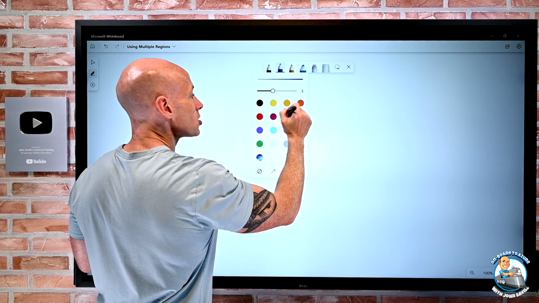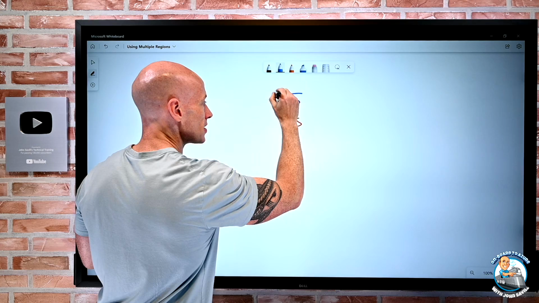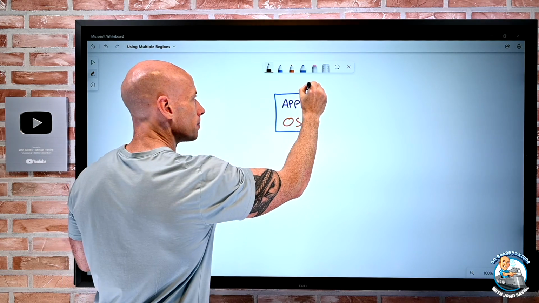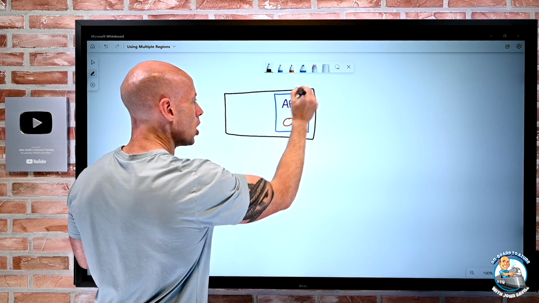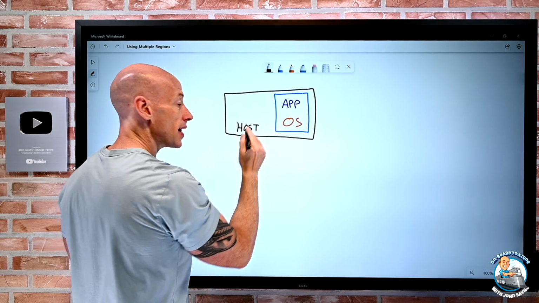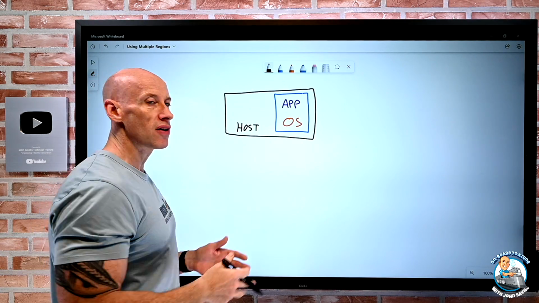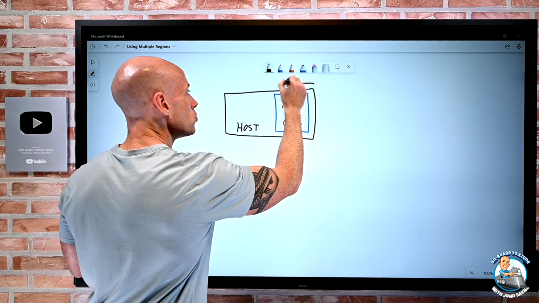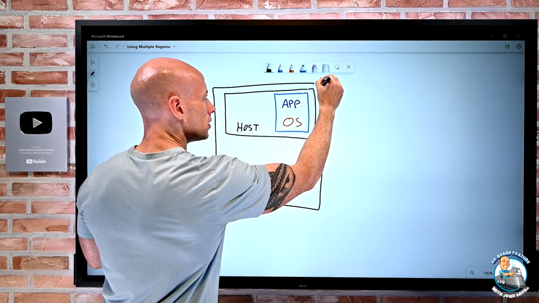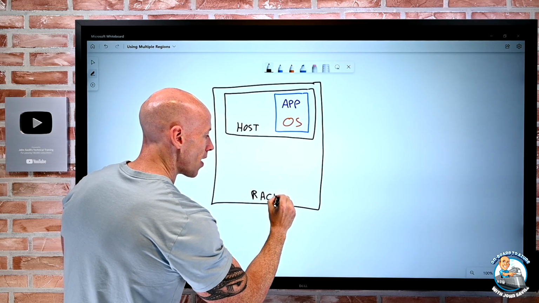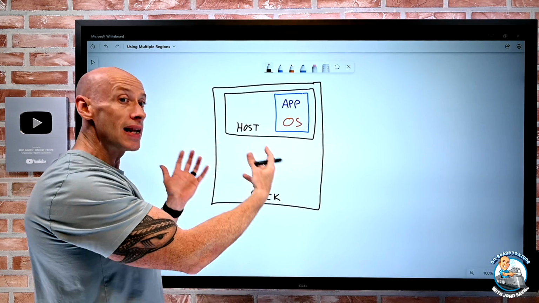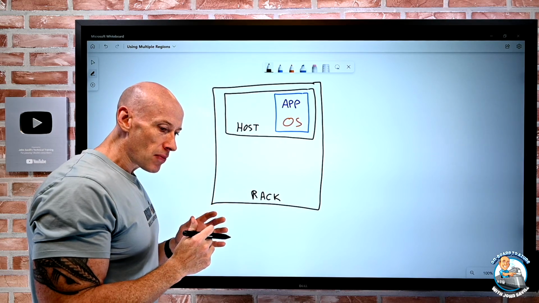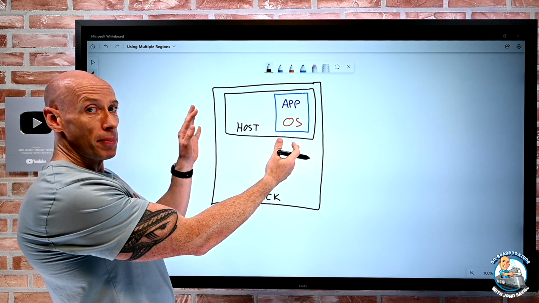And obviously that sits inside a certain type of resource. Maybe it's a virtual machine, but that virtual machine is running on a physical piece of equipment. So it's running on a particular host. And obviously that host is made up of components. It can have a power supply unit failure, and there's redundancy built in that can really only go so far. That host itself sits on a certain rack. That rack has its own power supply units, again, resilient. It has network rack switches in there, which again are resilient, but things can happen. So I think of, hey, something could happen at the rack level, something could happen at the host level, OS,